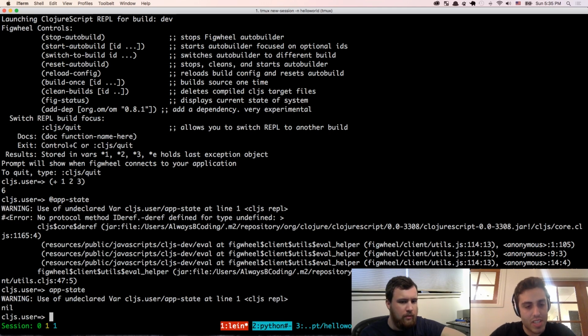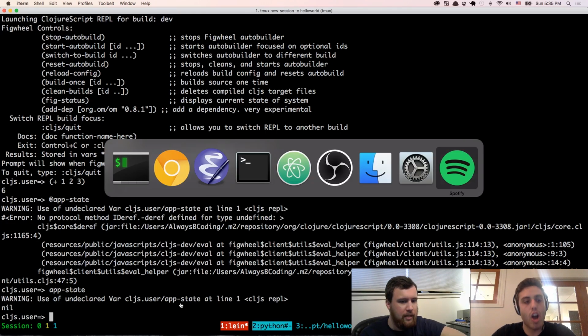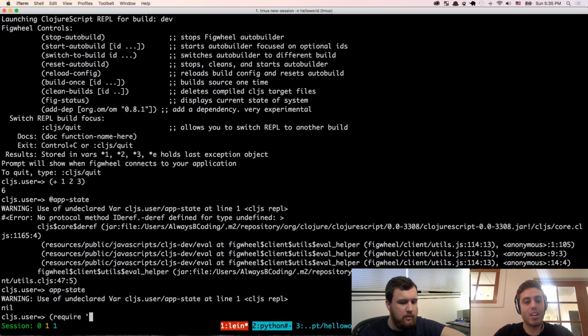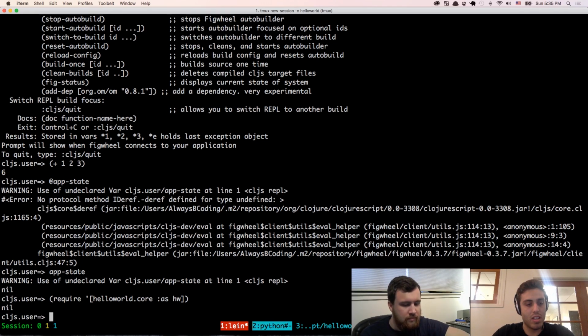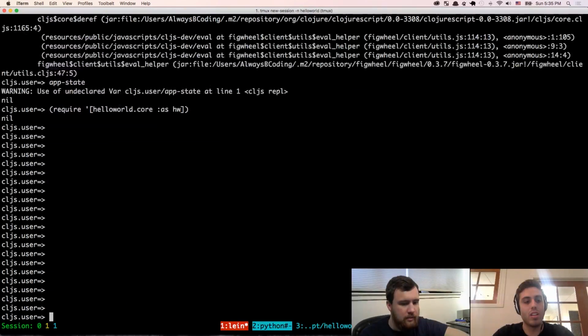I don't know if it knows about it. You have to get it from a namespace. Do you have to do hello world? Oh, you're right. Require. So require hello world dot core as HW, right? Okay. Sorry, you never normally use the REPL from this little thing, but anyway, I have HW/app state,